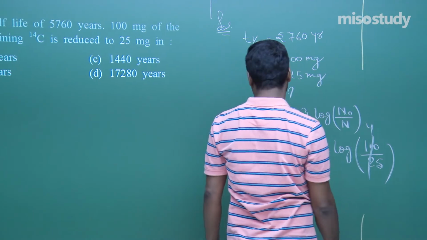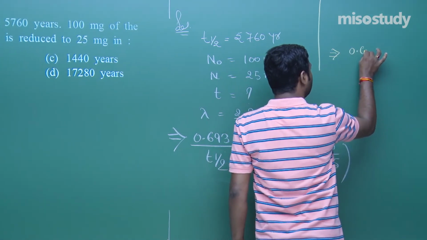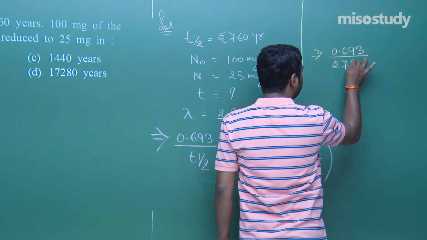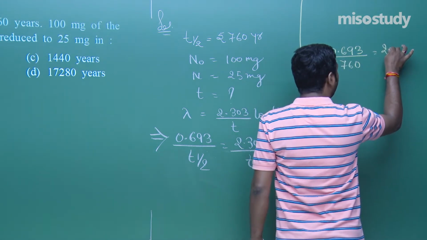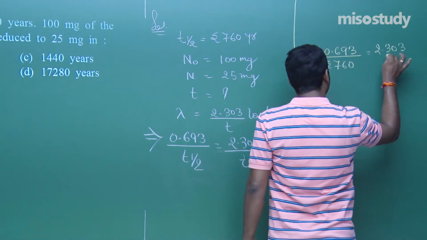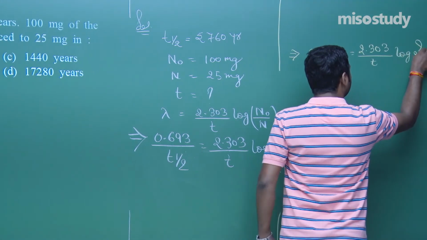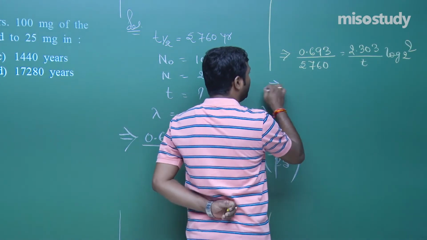So in this case, 0.693 upon T half, where T half is 5760 years, is equal to 2.303 upon T log 4. Log 4 can be written like this, 2 to the power 2. That will be equal to